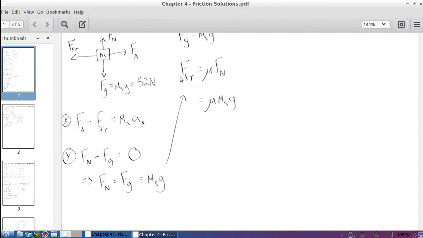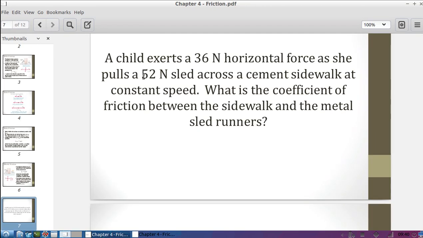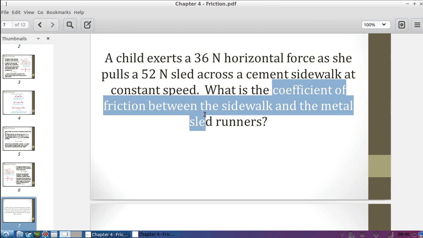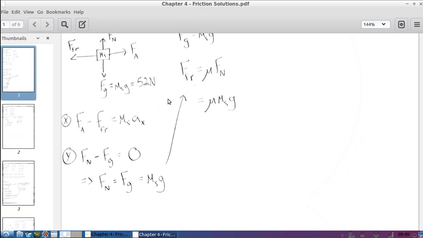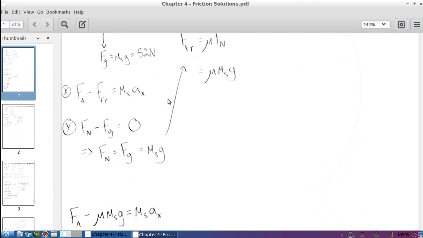Okay, here's my problem. I want to calculate mu. I go back to the problem. Where's the frictional force? I'm not given the frictional force. If I had the frictional force, I could use that expression to find the coefficient of friction. I don't have the frictional force. Okay, but